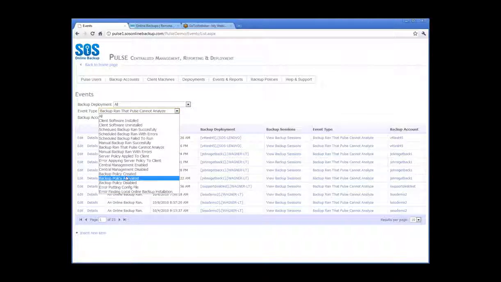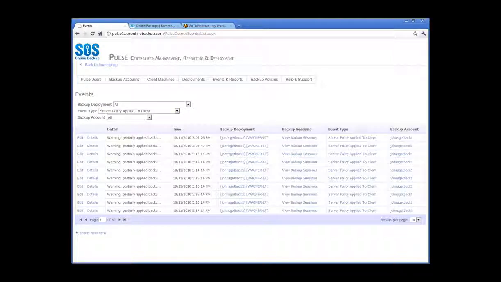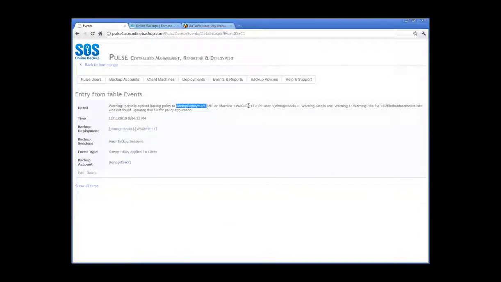If we look at, say, if I want to see server policy applied to client, so this first one I can see a warning, partially applied backup policy to backup deployment 5 on this machine for this user. Warning details